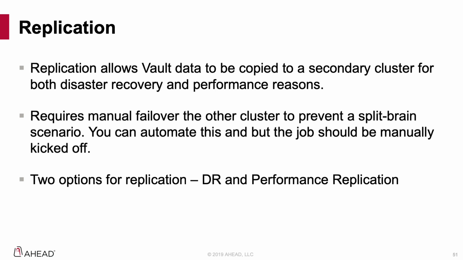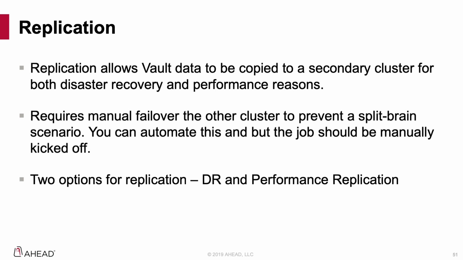Basically, replication requires a manual failover to the other cluster. So if your primary cluster goes down, your secondary cluster doesn't come up automatically and start responding to queries, because what happens if you just have a network blip, right? HashiCorp wants the customer to determine what is a failure. If somebody puts a firewall rule in and in 5 minutes we figure it out and fix it, is that a failover to the business, or can we last longer than 5 minutes without faults? You can automate this using something like Jenkins, but the job should be manually kicked off when you determine that